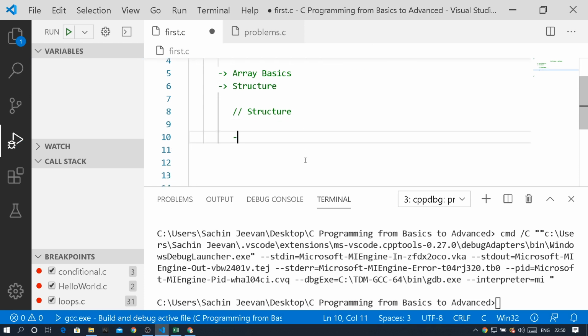What is the structure? First, I will go with the general explanation, the definition. Then I'll tell you manually for what reason we have to go for structure. Structures are collections of data members. It is also a collection of data. So we generally say that it is a collection of data members, related, under one name,